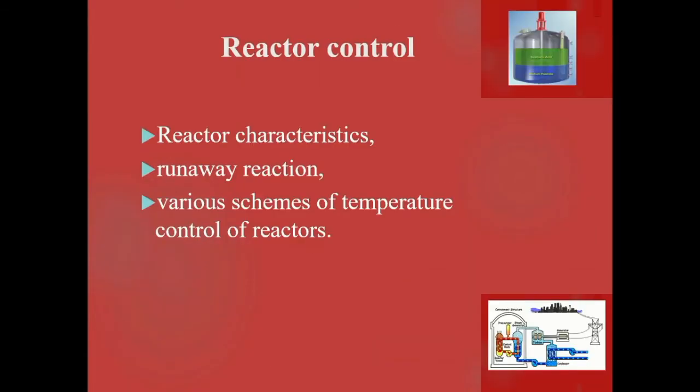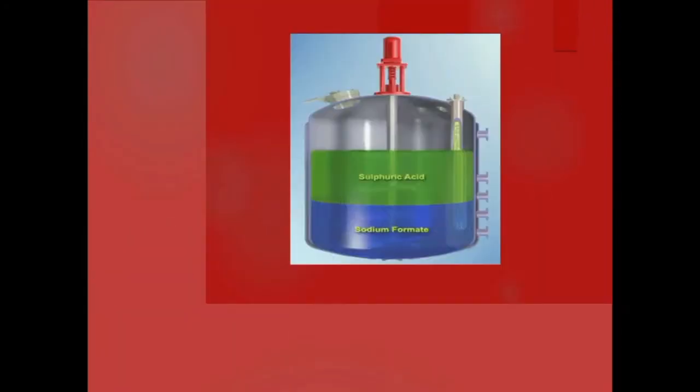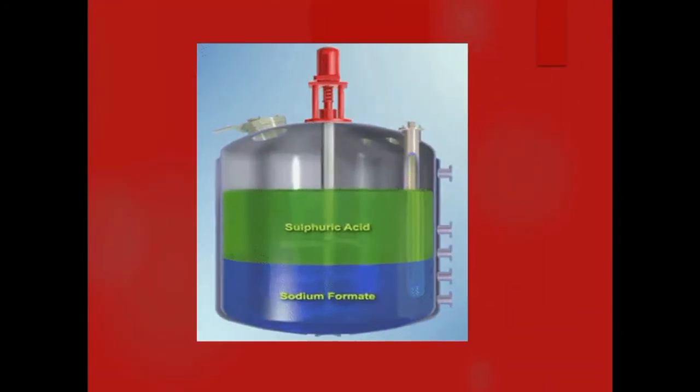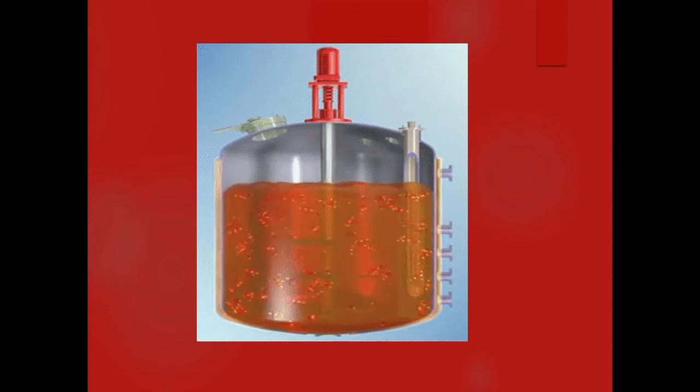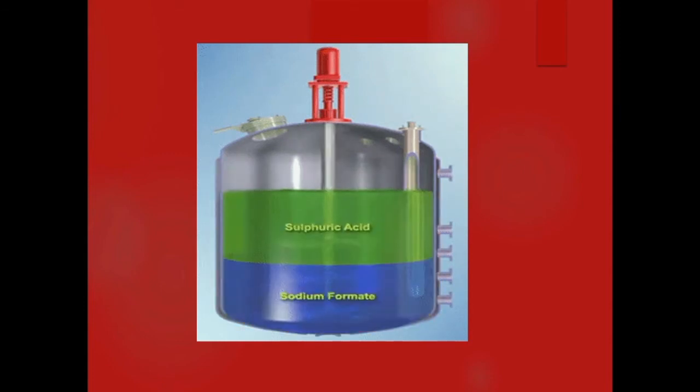The first chapter which I am going to cover is the reactor. Those who opted for nuclear instrumentation have already seen what a reactor is. In short, the reactor is basically where exothermic and endothermic reactions take place. We are going to see its characteristics, the different schemes available, and the possible temperature or pressure control over the reactor. We will also see cascade control or other selective control ways of controlling the reactor.